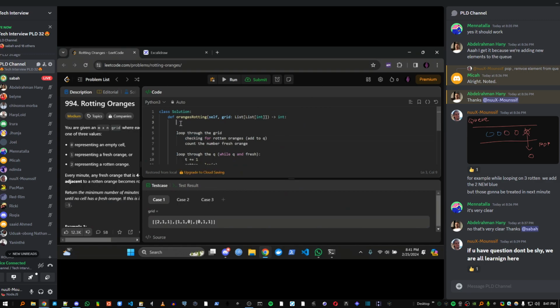All right. So we initialize a queue, just the queue without importing, and we loop through the grid. So we can have m equals len of grid, and then n equals len of grid[0], so these are m and n, right? Now in looping through the grid, for x in range m, y in range n,